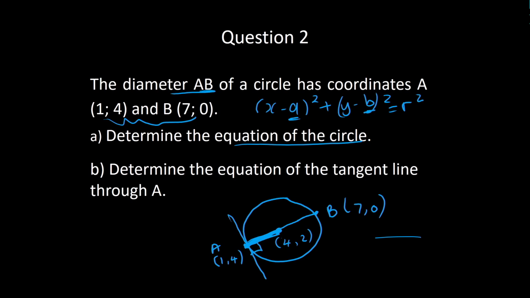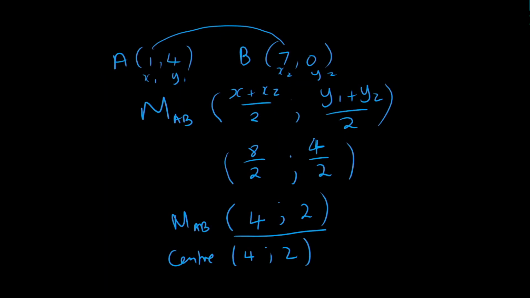Radius perpendicular to tangent, because if I can find the gradient from the center to the point A, then the negative reciprocal, because the lines are perpendicular, will give me the gradient of the tangent line at point A. Then I can use the coordinates of A to find the equation of the tangent line, which is really just a straight line. All right, so let's clear the screen here and work on this